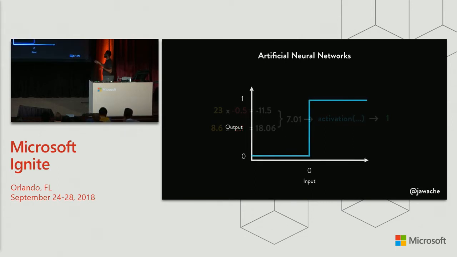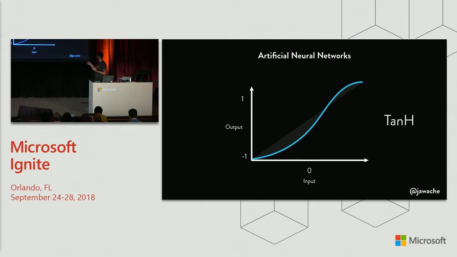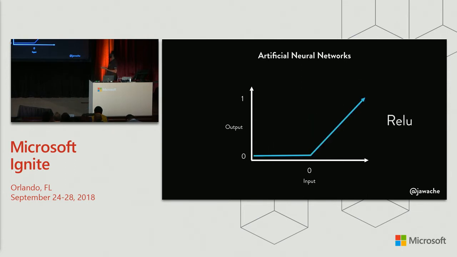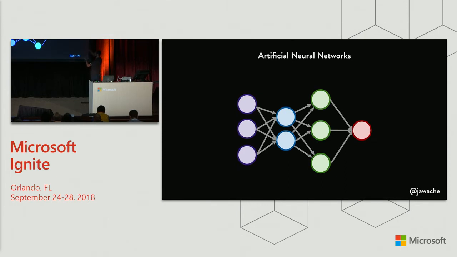The activation functions, you can have different ones. This is a very, very simple one. As you can imagine, values just below 0 give 0, just over 0 give 1. Very easy to calculate, but it has a problem in that small values have big jumps. So we've got hyperbolic tan, which is another one, which gives you more of a gradient. We've got another one called rectified linear unit. There are other types of activation functions out there. But essentially, with a neural network, all you're doing is getting those very small building blocks and connecting them all together. It's a very simple neural network: one input layer, one output layer, two hidden layers, and they're all connected together.